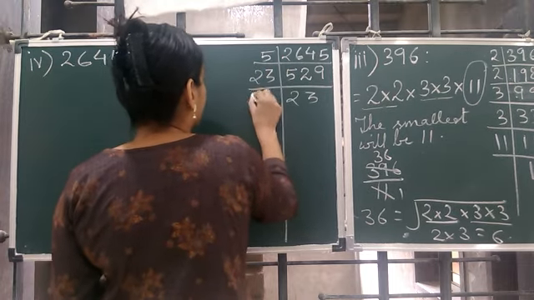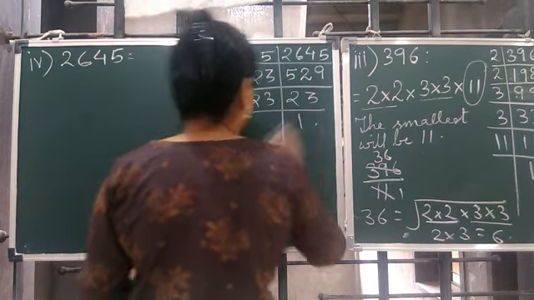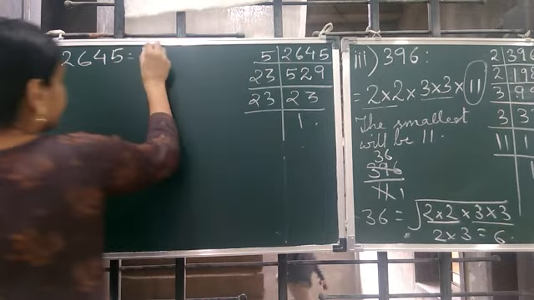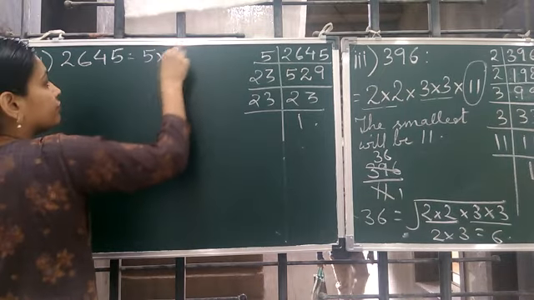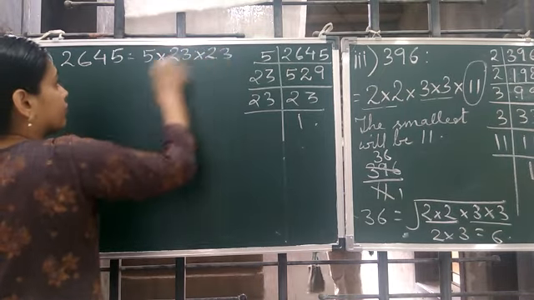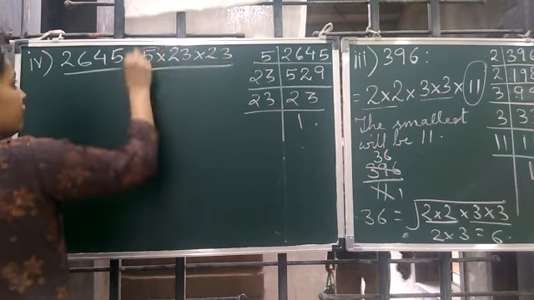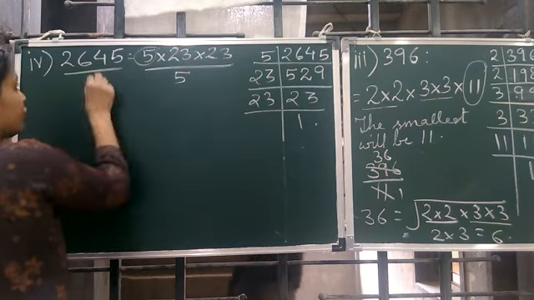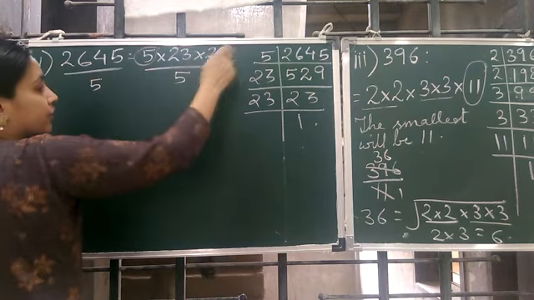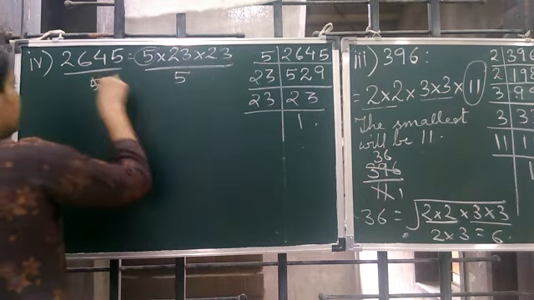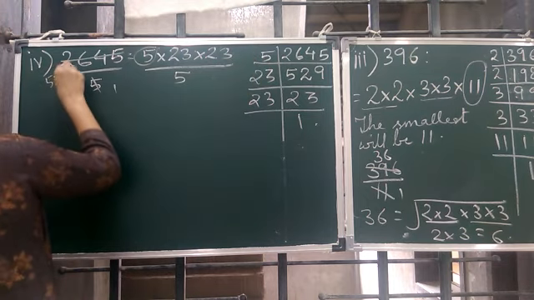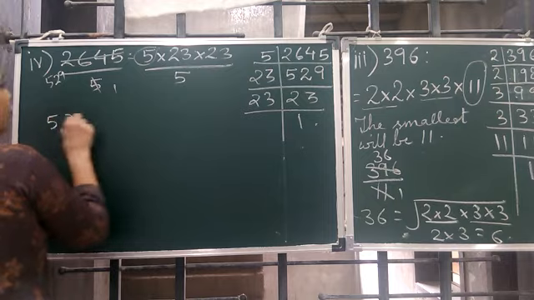23 is a 529 and 23 ones are. So let's write the numbers. Now, by which number we should divide? We should divide by 5. So if you divide by 5, you will get 23 into 23, that is 529. So what should come here? 529. So 529 is